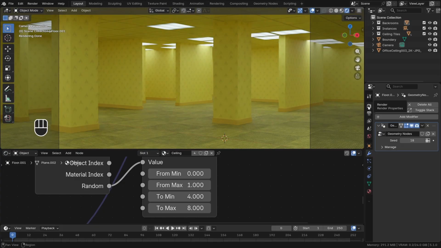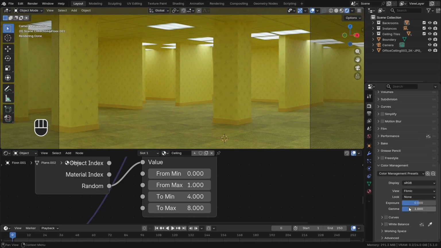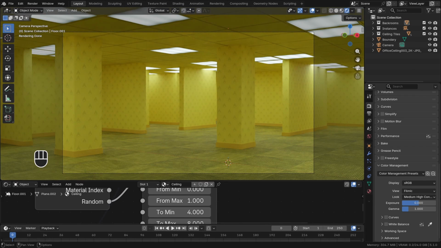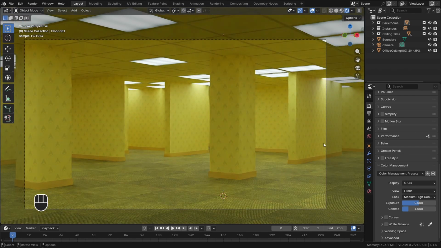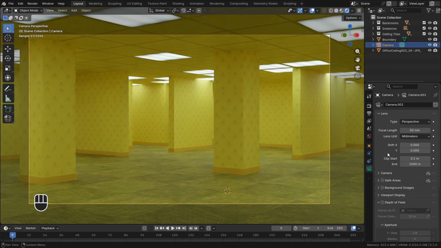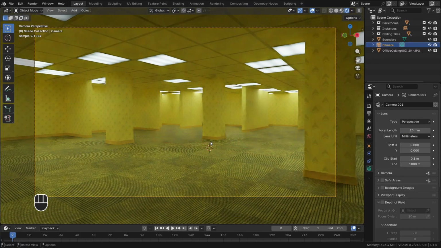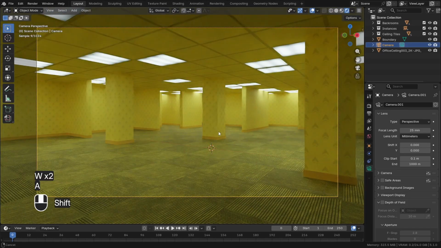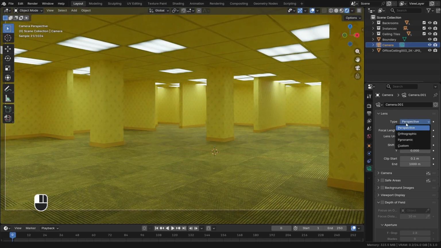Okay, now in the rendering tab, in the color management, I'm gonna set the look to probably high contrast or medium high contrast, and you can also change the view to AGX or Filmic. It's up to your personal preference. And I'm also gonna select our camera here, and I'm gonna set the focal length to be wide, something like 25. Looks good. But to get some real camera distortion, what we are going to do is set the type